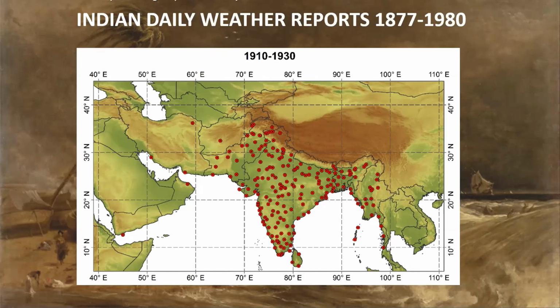And these are what we call in the Met Office the Indian Daily Weather Reports. Now, we heard that the Met Department there in India was formed in 1875. Well, by 1877, they were actually putting out, tabulating data from all their observational stations. And this set of reports goes right through to about 1980 when they stop putting the tabulations in.